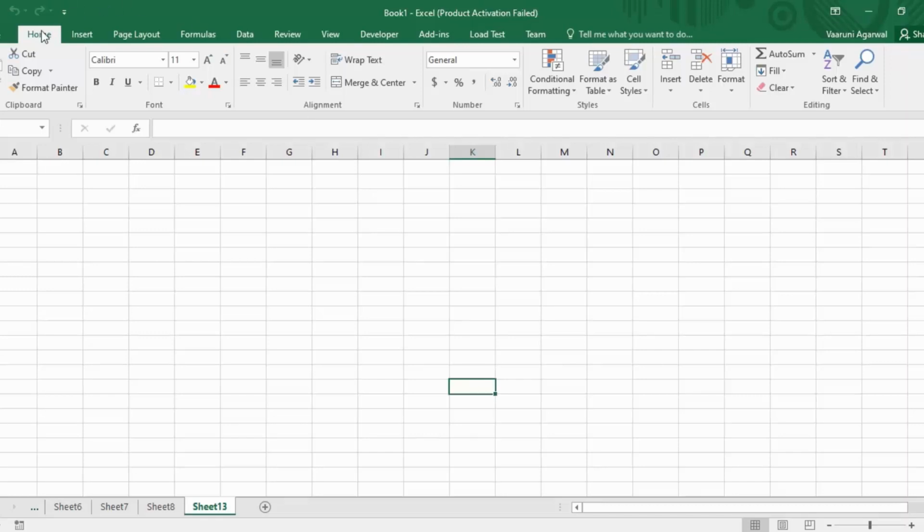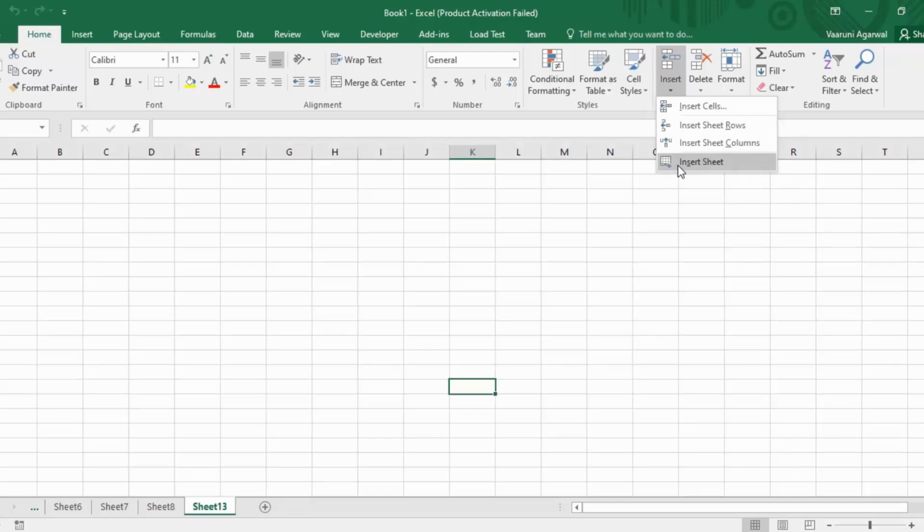We already know that it is present in the Home tab. In the Cells group there is this Insert Cells feature. If we expand it, we have these four options. First, it allows us to insert cells. Then it allows us to insert whole rows, and then whole columns. So these three options are related to cells only, meaning we can insert either a single cell or a bunch of cells in the form of rows or columns. Then we have the option of Insert Sheet, which allows us to insert a new sheet.